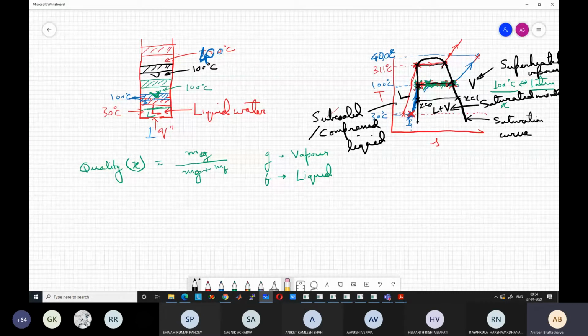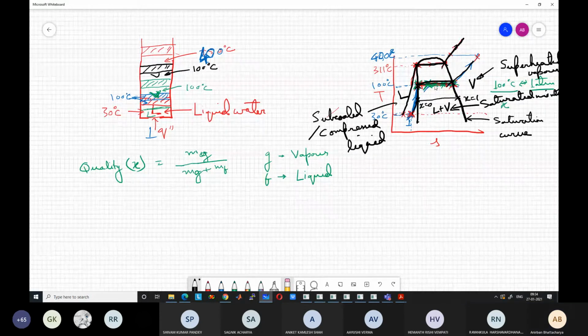So this is a constant pressure line, right? It increases with temperature, then is horizontal within the saturation curve and then follows a path like this. This is another constant pressure line. So all these are constant pressure lines. So this is P2, this is P1, where P2 is greater than P1, a higher pressure line.